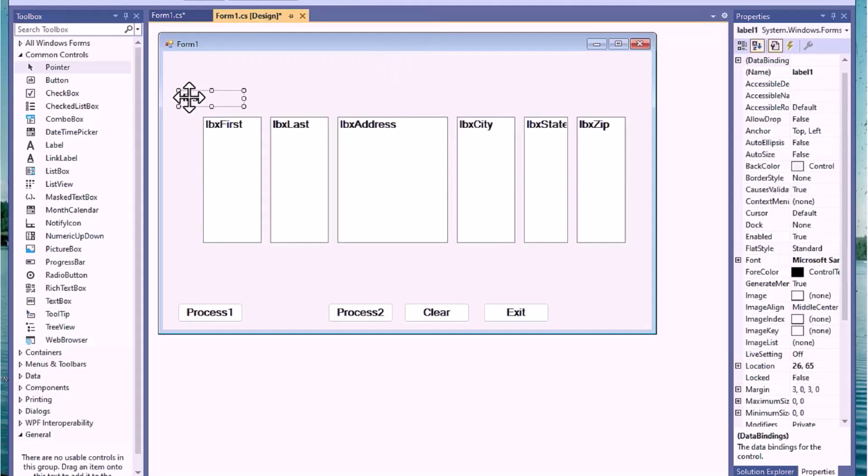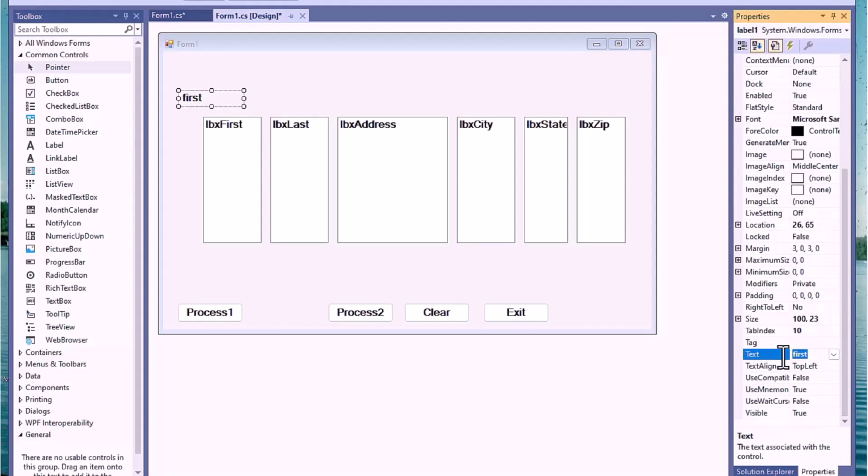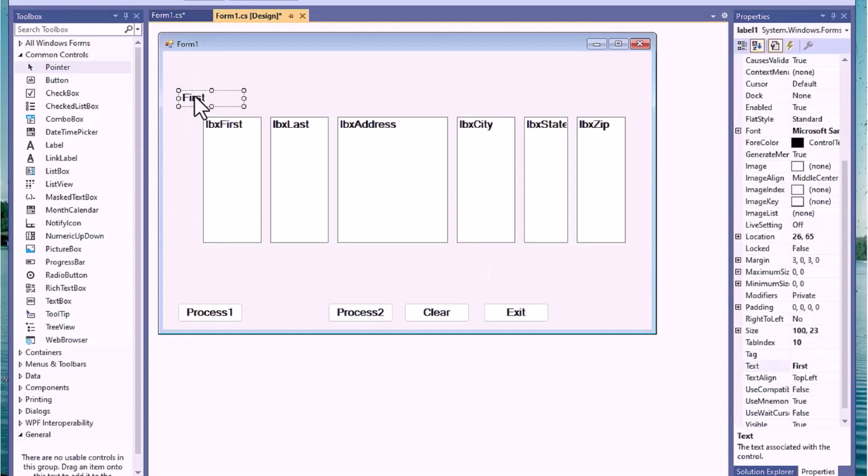And I'm going to take this label that I've got right up here, and I'm going to actually grab it. This should say actually first, with a capital F. We'll change that. They don't need to be labeled in code, so I'm not going to worry about changing anything else on here. What I'm going to do, though, I want to get 1, 2, 3, 4, 5 more of these guys by copying him. So I'll do a Control-C and do 1, 2, 3, 4, 5 and get some of these guys out here. And lay it over here, and lay one over here, and lay one over here, and lay one over here, and lay one over here, and maybe one more